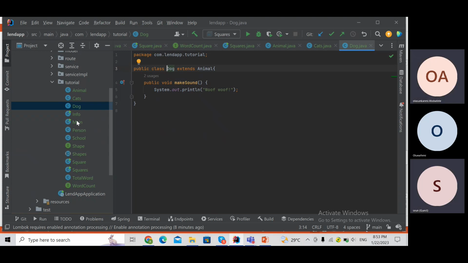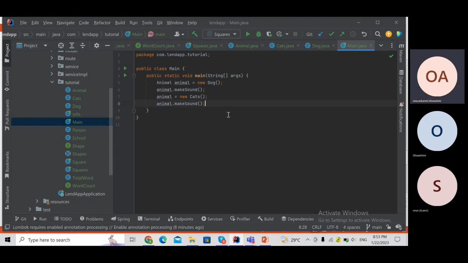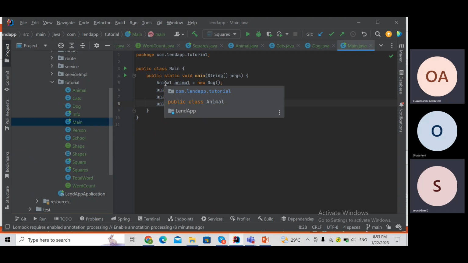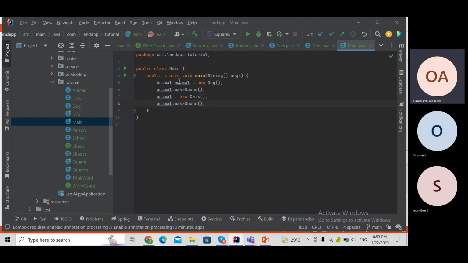So now we have created the main class. They are going to override it. This is the public static void main. You declare the class animal first. You declare the parent. Once you declare the parent, you instantiate, you declare the new dog, which is the subclass under the parent class. New dog. Then animal dot